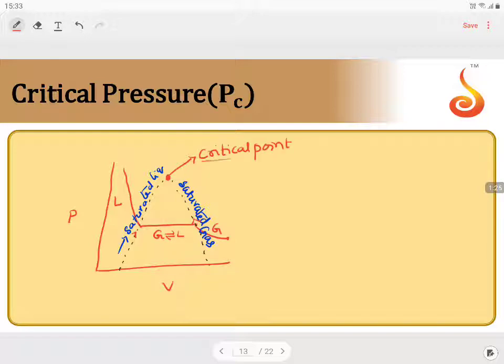What do you mean by the saturated liquid curve and saturated gas curve? If you have any point lying outside the saturated liquid curve, it is purely existing in the liquid state. Below that, it is in the equilibrium state of gas and liquid. Anything above the saturated gas curve is in the gaseous form. Anything below that, it is in equilibrium between the two. So you can achieve the same thing at different conditions.